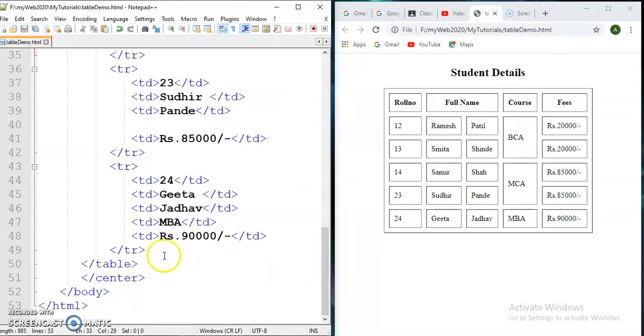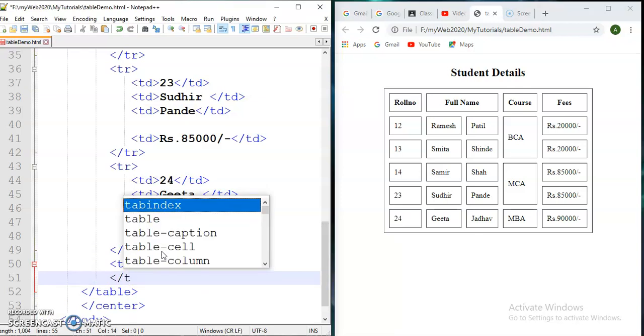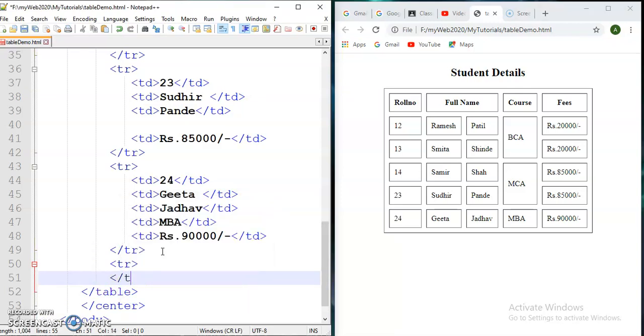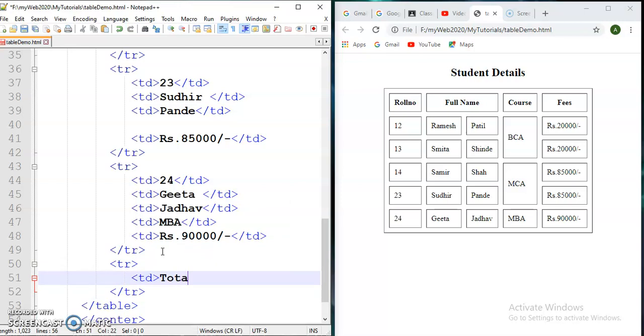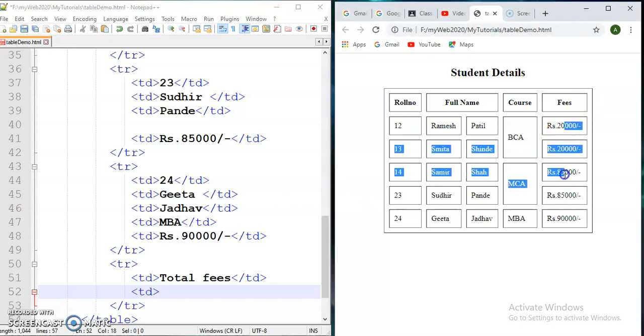Also I am adding one more row at the end, and if I want only two columns like total fees, this is just one example, total fees, and if I add all these fees, then suppose there is some 2,40,000 amount.